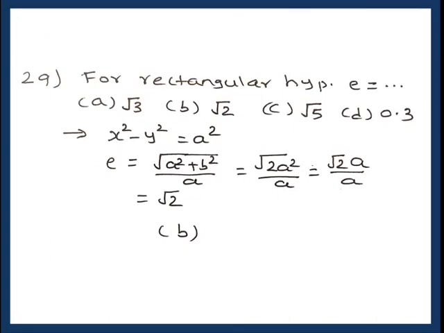For rectangular hyperbola, eccentricity is, you can remember this as standard result, but basically you should know what is rectangular hyperbola. Hyperbola for which length of transverse axis is the same as length of conjugate axis is called as equilateral or rectangular hyperbola. So what will be its equation? x square upon a square minus y square upon a square only equal to 1. That is x square minus y square equal to a square. So eccentricity comes out to be root 2. Remember this as standard result.